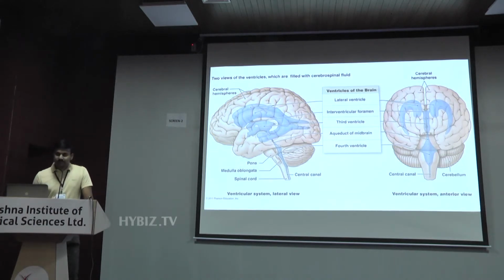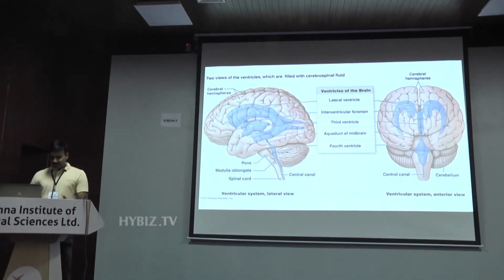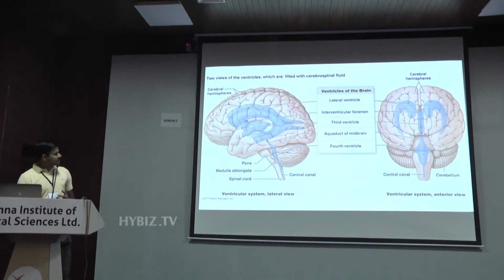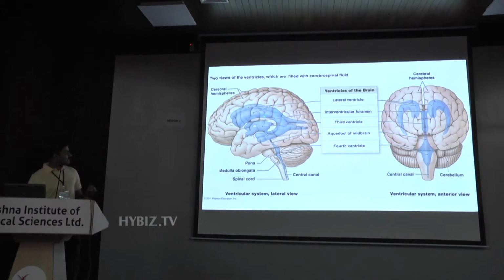These are the ventricular systems of the brain. Ventricles are nothing but spaces inside the brain. Like we have this particular room which is connected to the corridor by a narrow door, similarly we have such cavities. This is the view from the side and this is the view from the front. So you have the two lateral ventricles, the third ventricle connected by a small foramen of Monro, the third and fourth ventricle connected by an aqueduct, and the fourth ventricle communicating with the subarachnoid space and the central canal.